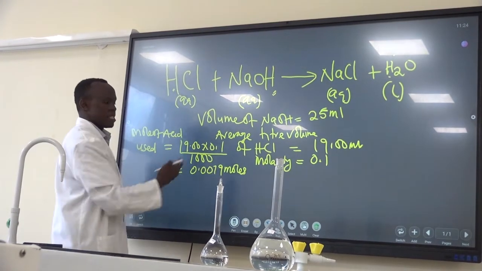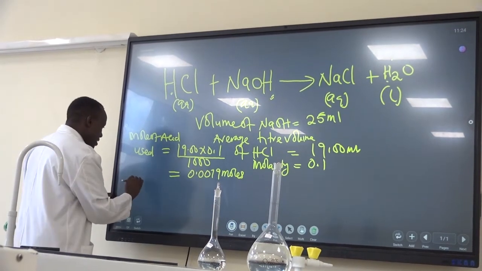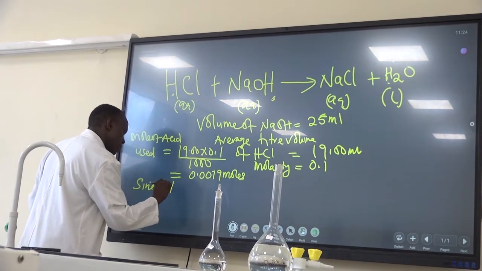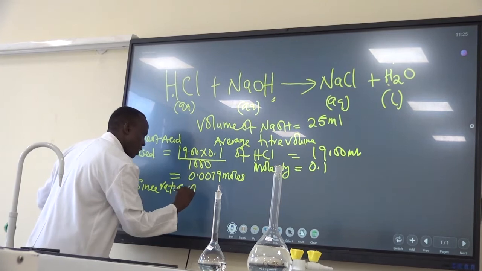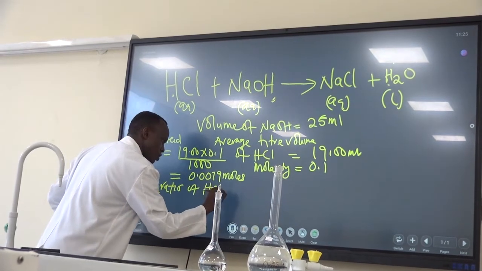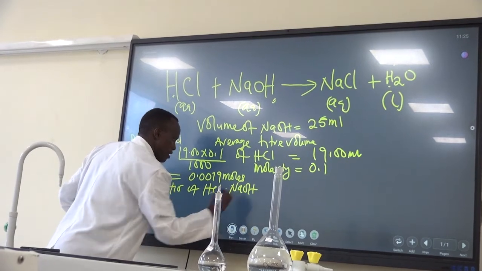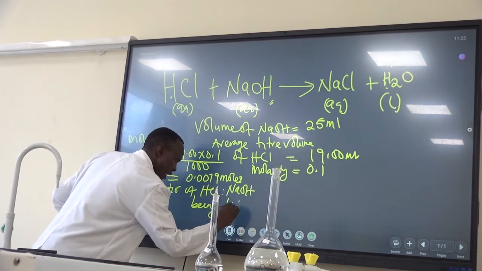This is the moles of HCl that was used, and we have said, since the ratio of HCl to sodium hydroxide being 1:1,